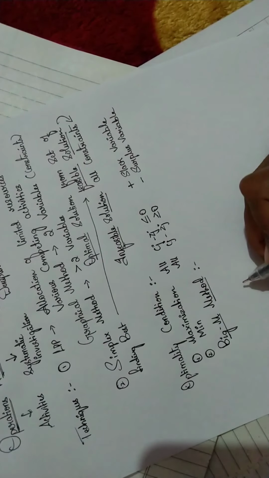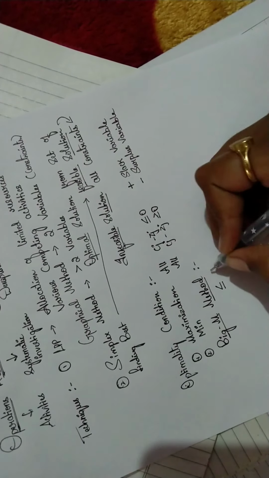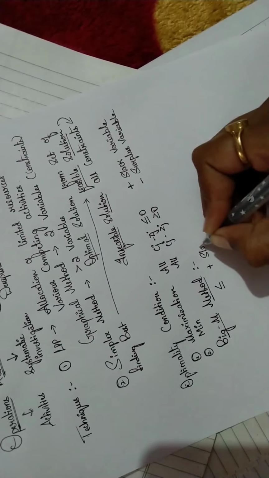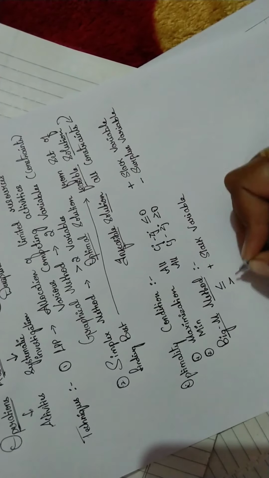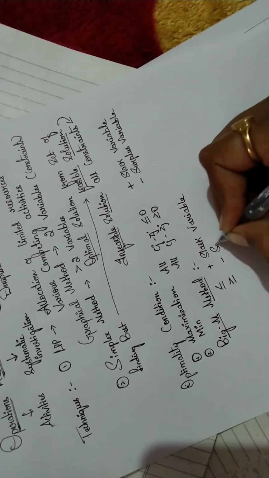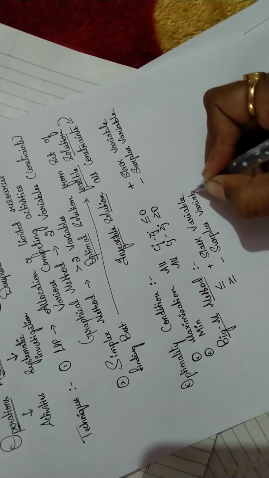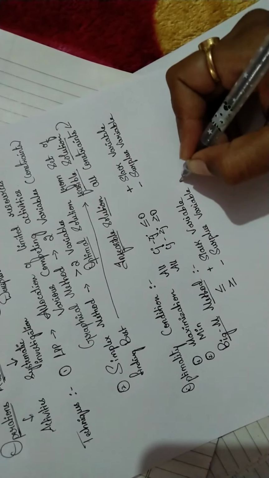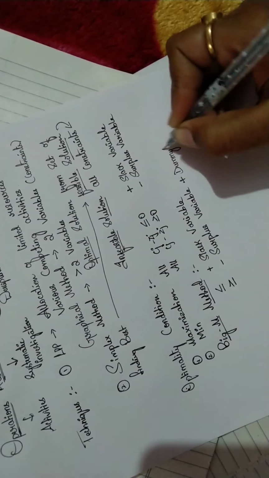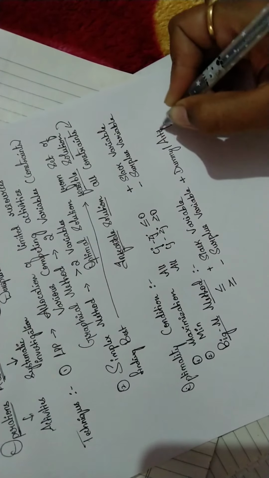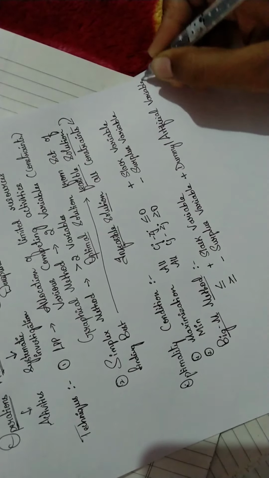And in case of big M method, it goes the same way. Whenever we come across the less than or equal to symbol, we go for adding a slack variable to the given equation. And when there is a greater than or equal to symbol, we go for deducting a surplus variable from the given equation, and also we go for adding a dummy variable, which is also called an artificial variable, to the given equation.